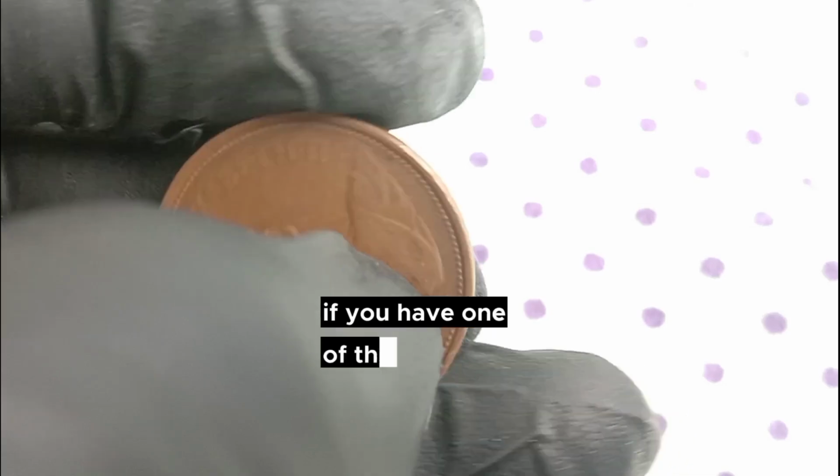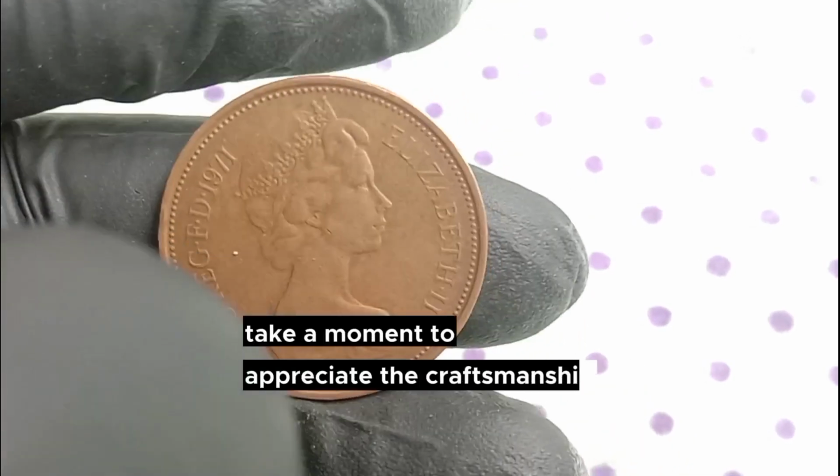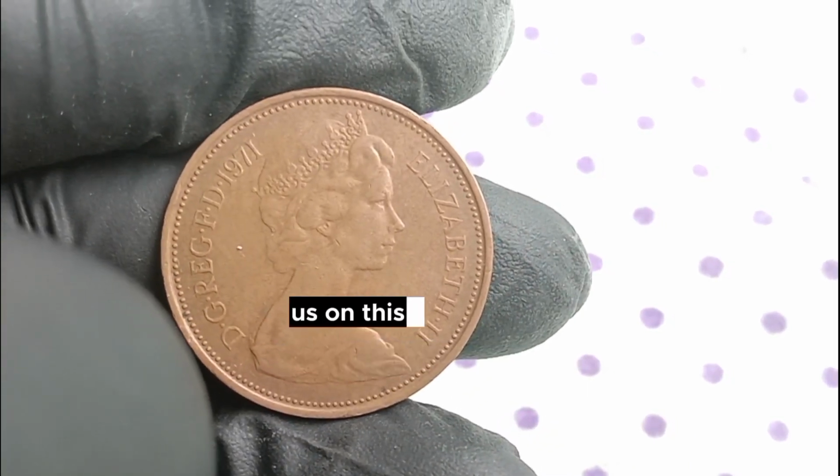If you have one of these coins in your collection, take a moment to appreciate the craftsmanship and history it represents. Thank you for joining us on this exploration of the